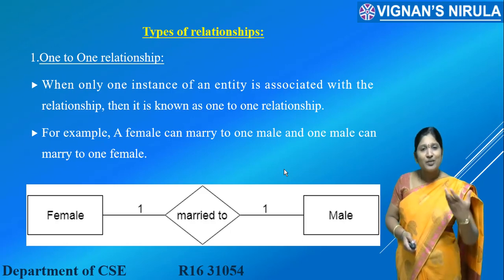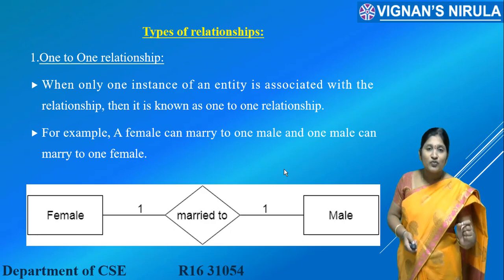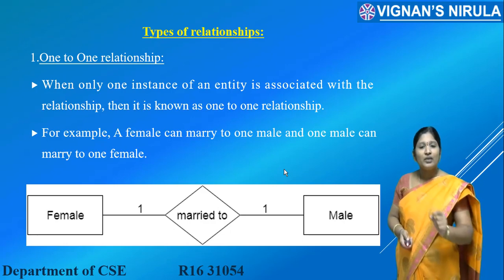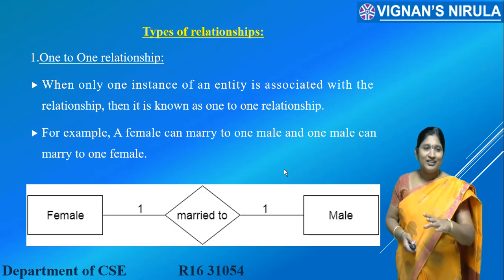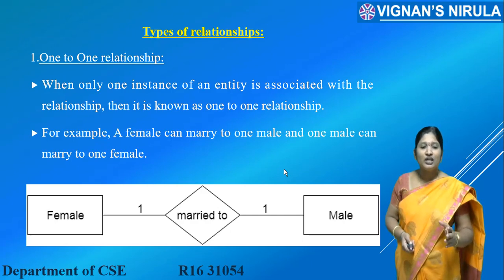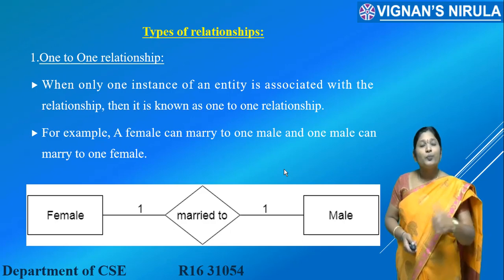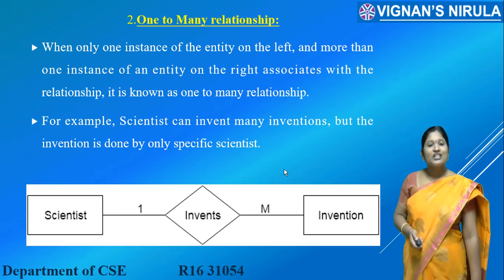Or in other words, if the database constraint has been given as one male can marry many females, whereas a female can marry only one male, what is the participation of female? Female can marry only one male, so only one here. Male can marry many females, so here comes many. The type of relationship is one to many. If the database has been given as a male can marry many females, and a female can marry many males, what is the participation of female? N here. The participation of male is also N. The type of relationship is many to many. So we will take some other examples for the other kinds of relationships.